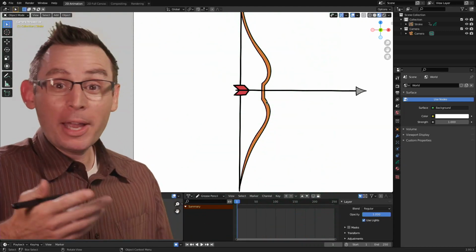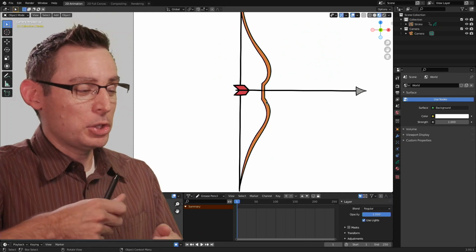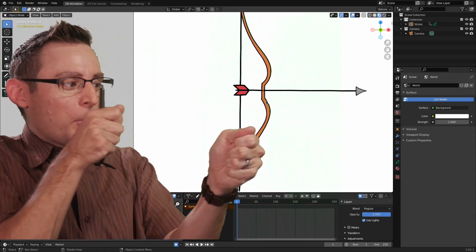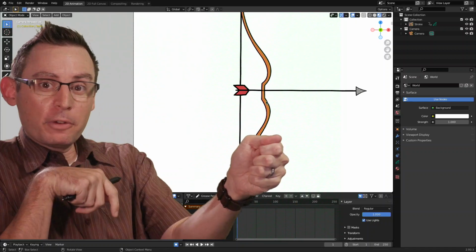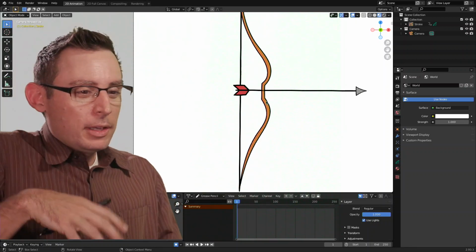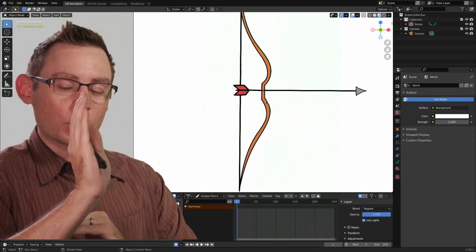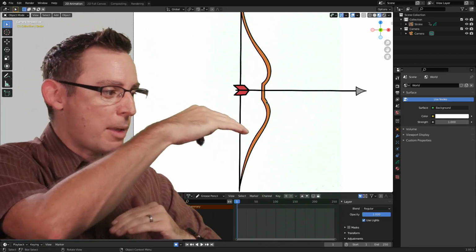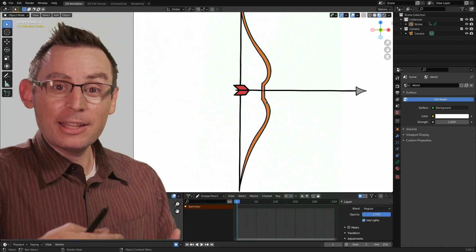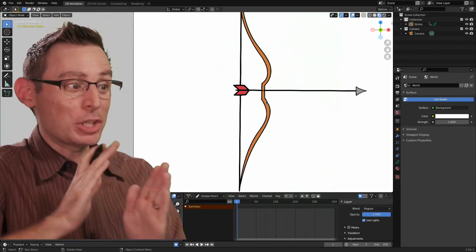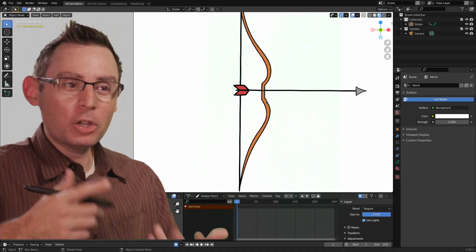like. Now, in my imagination, I want to create the illusion that this arrow is being pulled back and then being fired from the bow itself. Creating an extreme pose where the arms of the bow bend way back is going to create a great sense of flexibility and energy when the arrow takes off. That's a good place to begin.